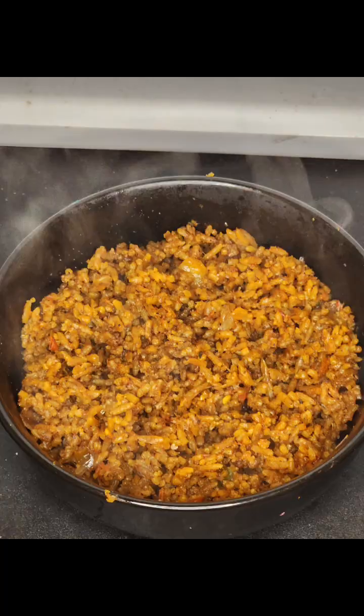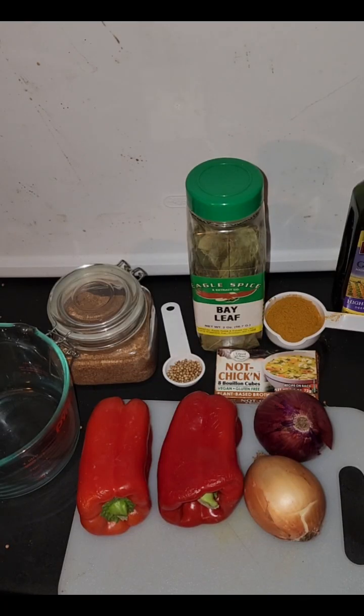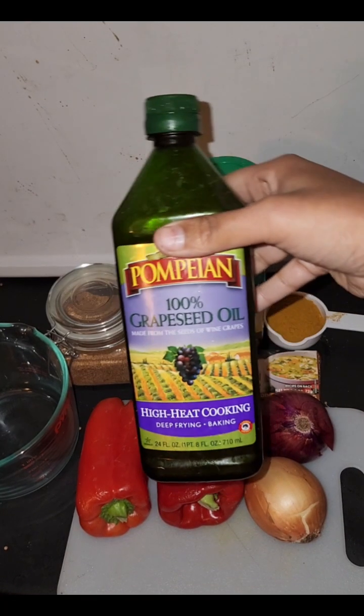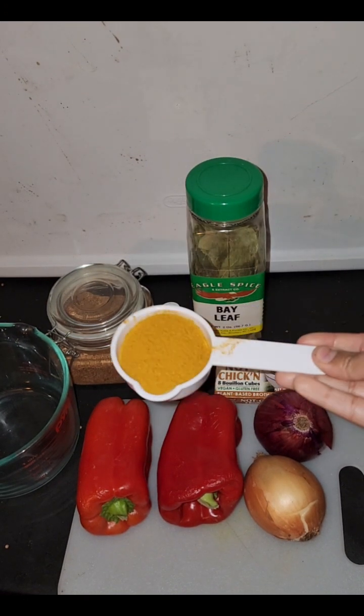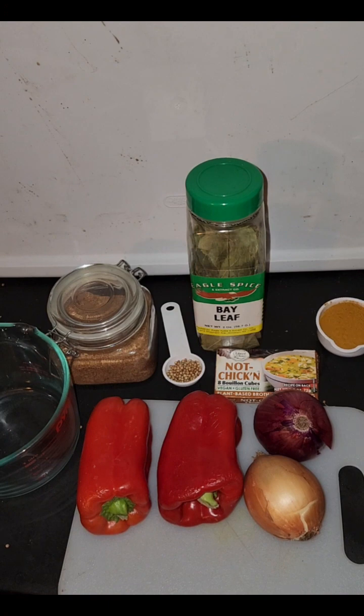Come make this delicious jollof rice with me. Here are the ingredients you need. We're going to start off with some grapeseed oil, which is great for high heat. Here we have some curry,